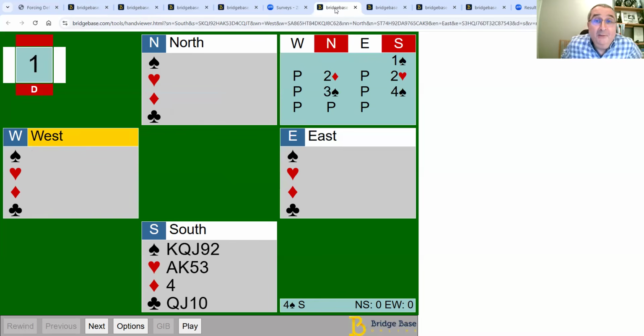I want to have a look at this one here, where you open a spade, North your partner bids 2 diamonds, and you bid your second suit 2 hearts. North now jumps to 3 spades, and it's worth thinking about what you think that shows. It should mean something like he's inviting in spades, and he's got a preference for spades over hearts. So presumably he's got 3 spades for you, and you accept the invitation, and you end up in 4 spades,